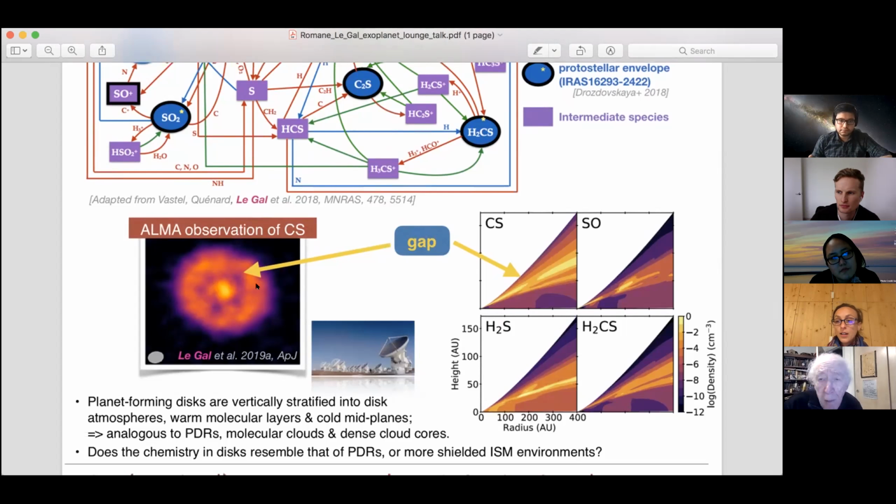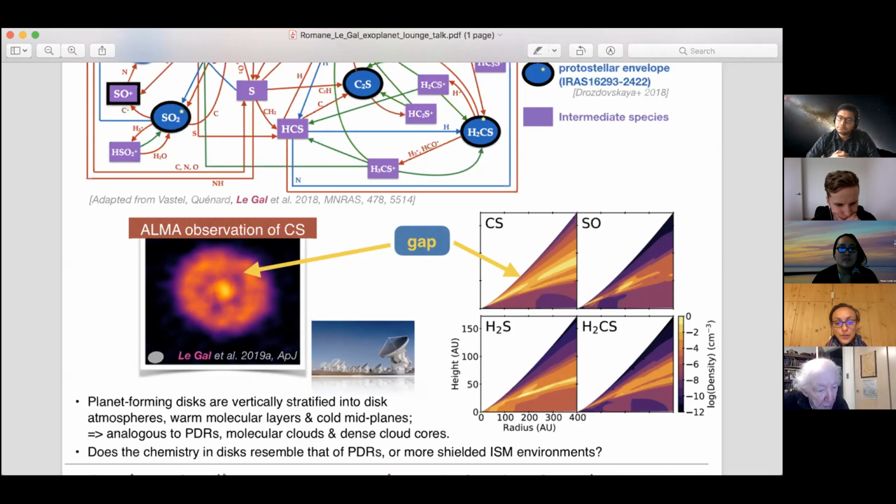And in particular, to understand the sulfur species that are observed in disks. So far in disks, we only have 4 species containing sulfur that have been detected: CS, SO, H2S, and H2CS. H2CS was only detected last year, so we reported the first detection of H2CS in a disk last year only. This was thanks to ALMA that we were able to perform such observations. So this was very exciting. And so with ALMA,